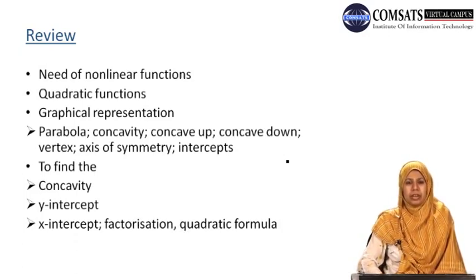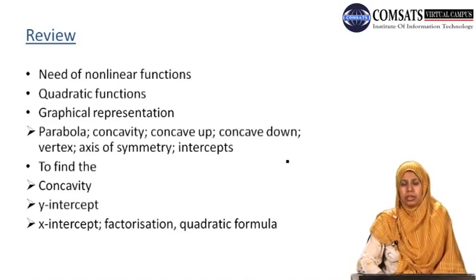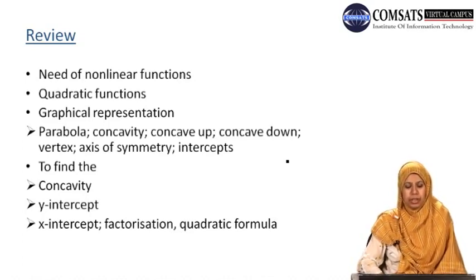But we have seen that the graph of a quadratic function is always a curve named a parabola, and there were some properties of parabola which we studied in our last lecture, namely concavity, that is when the parabola is concave up or concave down. What are the intercepts of our given parabola? That is the x-intercept and the y-intercept. What do we mean by the vertex of the parabola? And in today's lecture we will see how we can find the vertex of a parabola. What is the axis of symmetry?